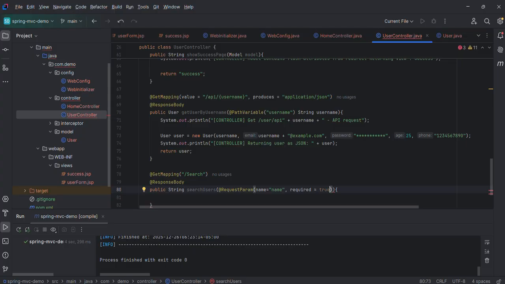Without entering the name we cannot fetch the data from the search. Okay,